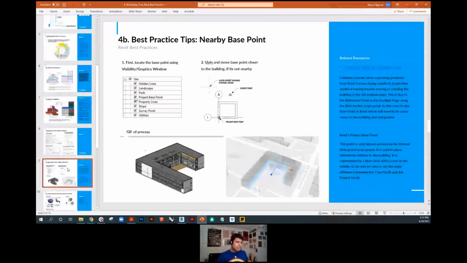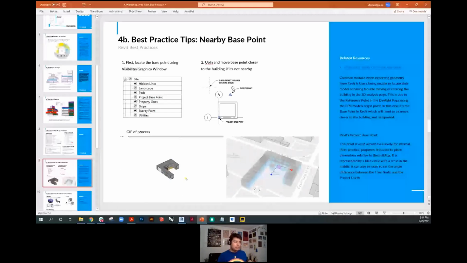Another good practice tip is to always locate your Revit project base point near your building geometry. The project base point is one of the three reference points that you can have in Revit. You've got the internal origin, the survey point, and the project base point. Typically, the project base point is doing the least amount of work in the different operations you can have in your model. So it's not too big of an issue to unpin it and move it closer to your building